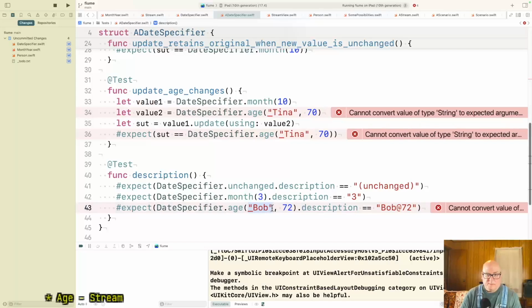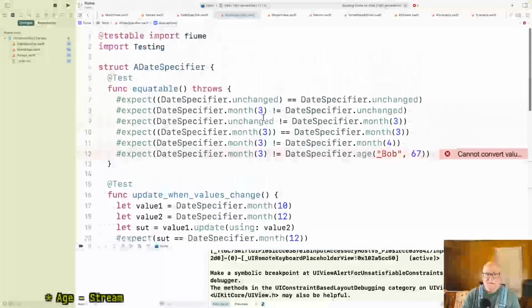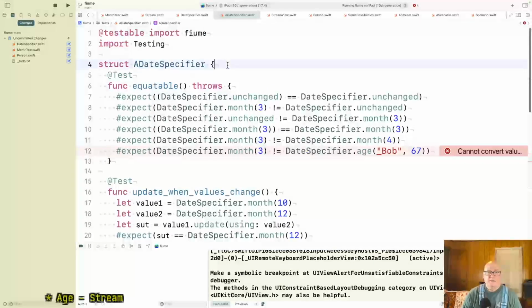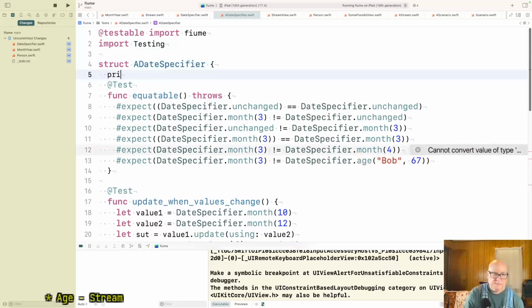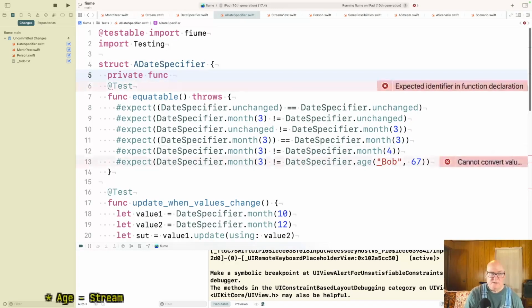Right, now we have to make a person. Well, let's make private. I don't think the names matter to the test so much. Make person.